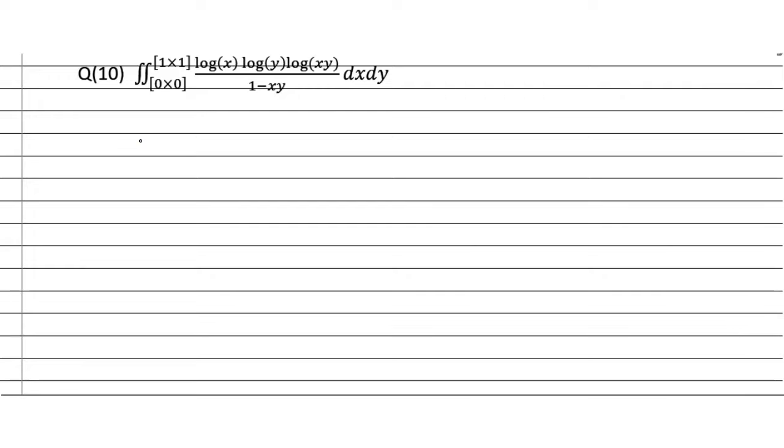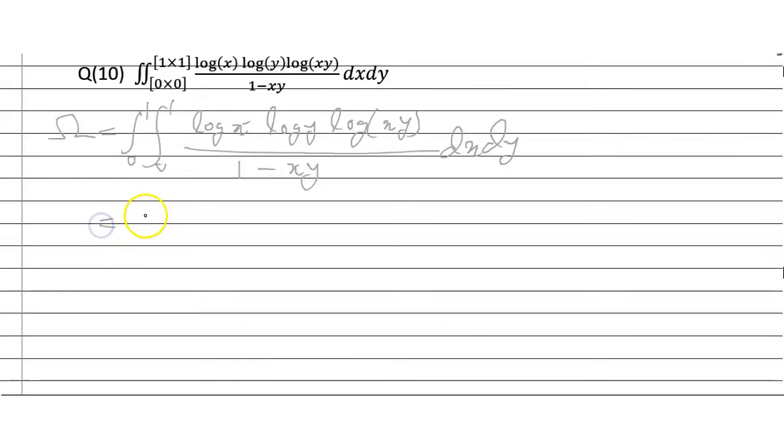So friends, this problem can be written this way: 0 to 1 and 0 to 1 log x into log y into log xy divided by 1 minus xy dx dy. So friends, I can write it with the symbol omega, and after that I can write it this way: